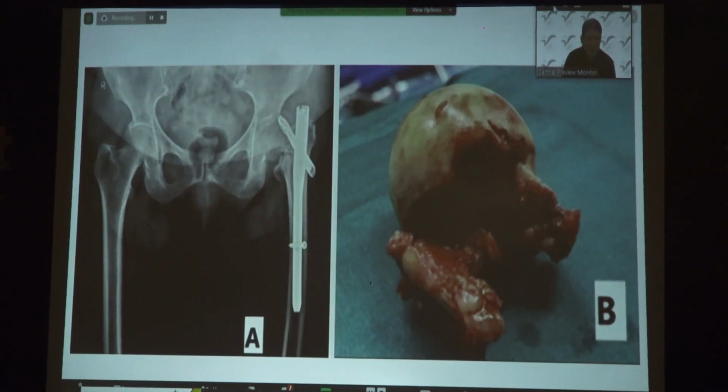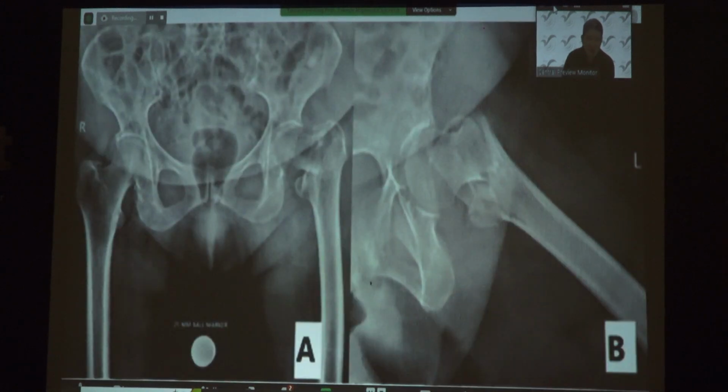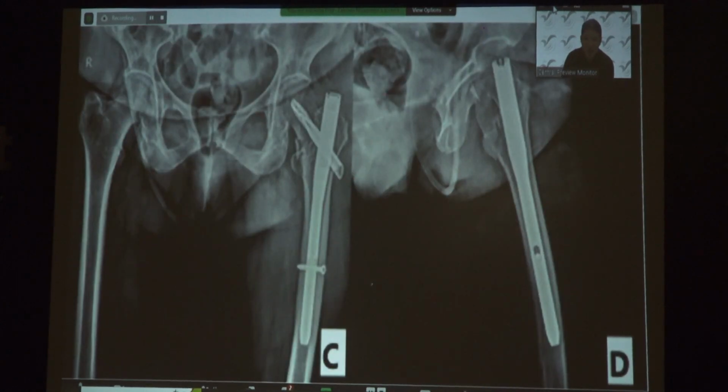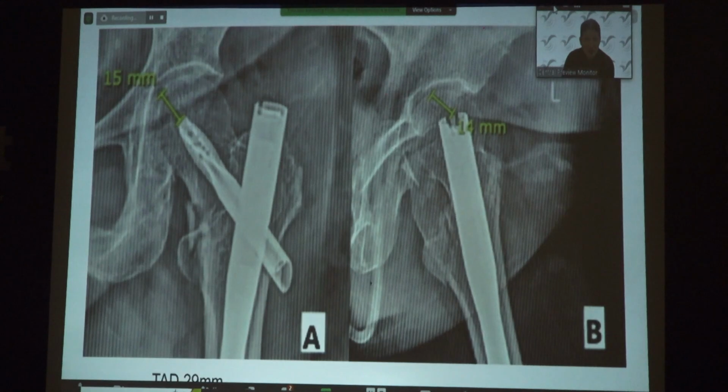This publication came out from India back in 2020, on cut-out from the TFNA fixation. This was an 83-year-old female with pretty much unstable IP fractures, and the surgeon did this operation. The reduction seemed to be fine. The only problem could be the tip apex distance, but it's 29, so for the TFNA, I don't think it's a bad number. A little bit off, but